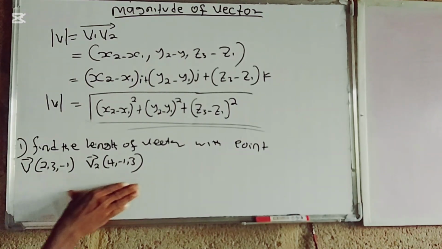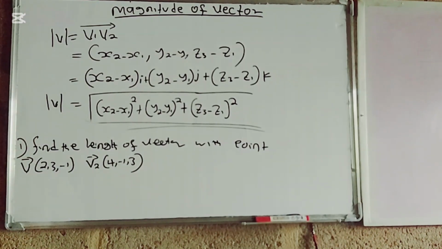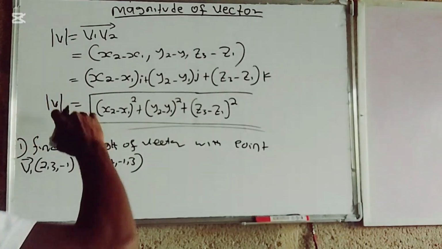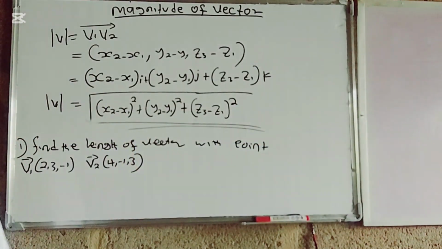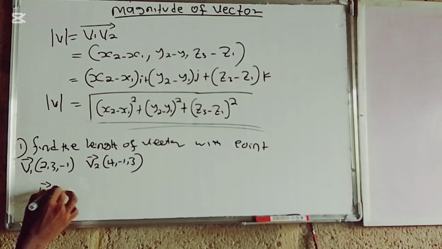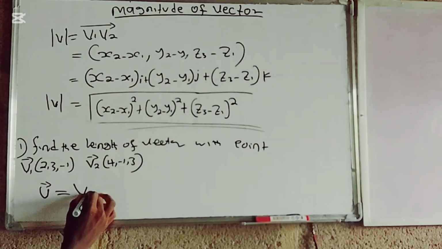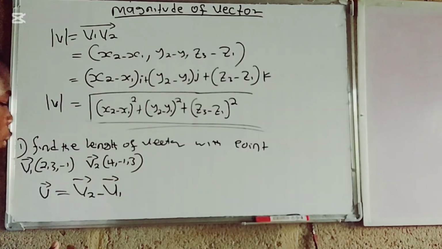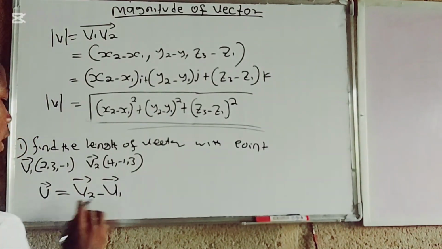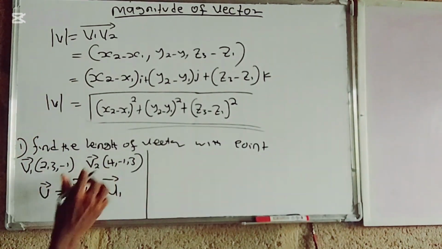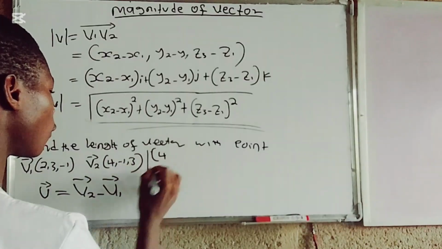Because we are given these two points, I have to first find the vector itself, the vector whose root I am going to take to find my result. So the new vector that I'm going to find is the same thing as vector v2 minus vector v1. I have to subtract v1 from v2. So this should now be equal to 4 minus